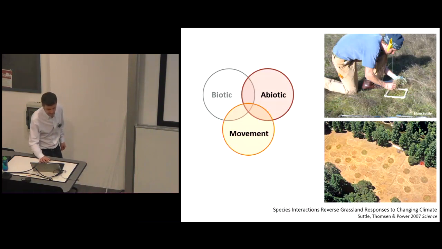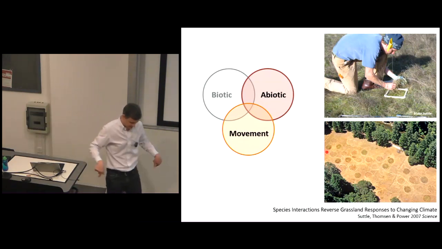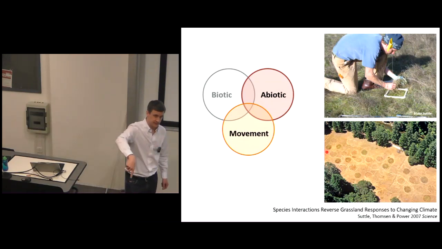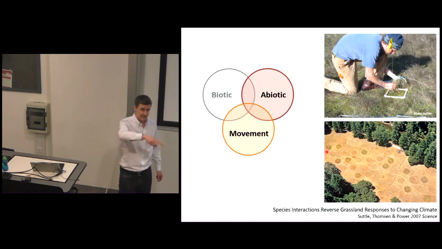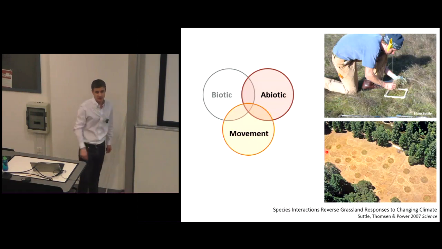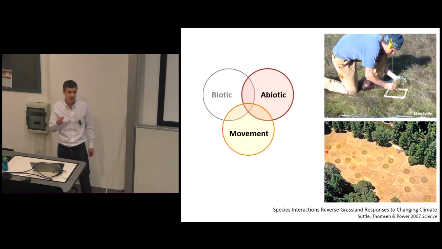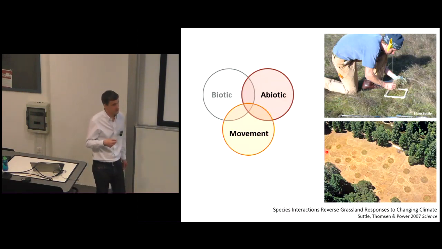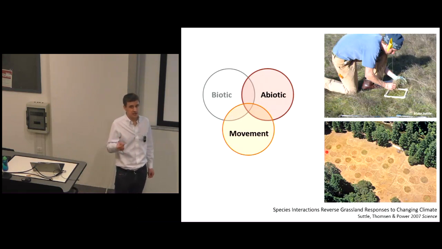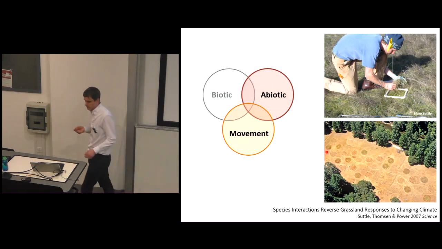This is his study system. Each of these little circles here is essentially a plot with a pivot at the middle and a kind of old-fashioned sprinkler, adding rainfall, essentially. So what they're doing is an artificial addition of rainfall within this system to mimic some of the scenarios that are expected under future climate change.